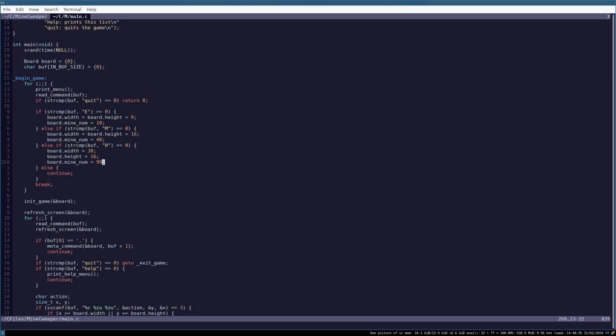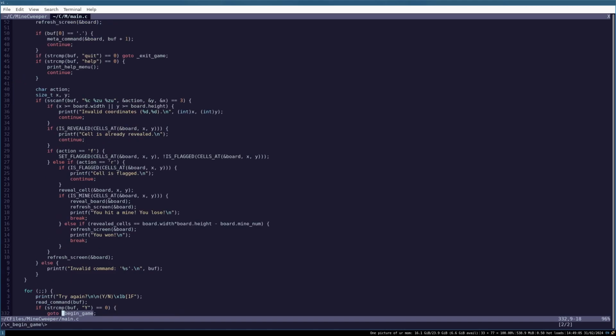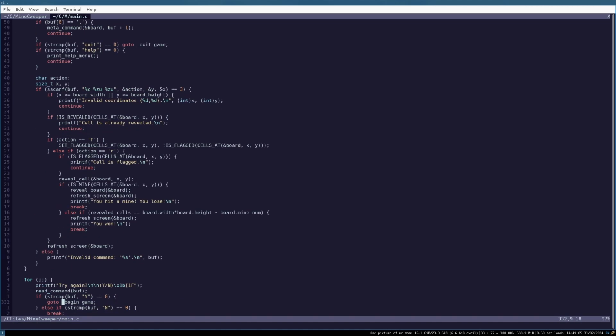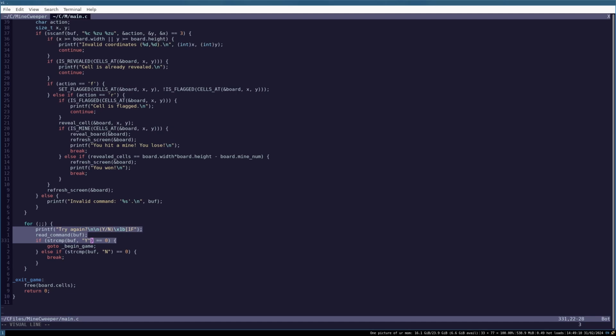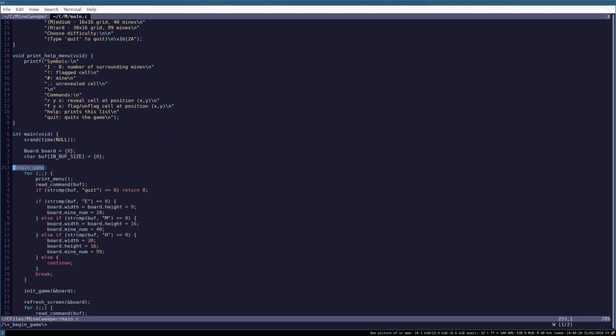Hello there. As a little, I guess, footnote at the end, I've remembered all of a sudden that there is a problem with the logic. There is a memory leak, as a matter of fact, and it has to do with this loop. And if you're paying attention, you probably understand it's right here. The problem is that when we come around to begin game, after we completed or lost the game, we are in the retry stage. If we answer yes, go to begin game and then quit, we are returning without freeing the board's cells,